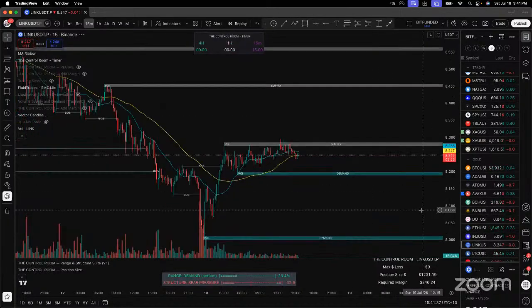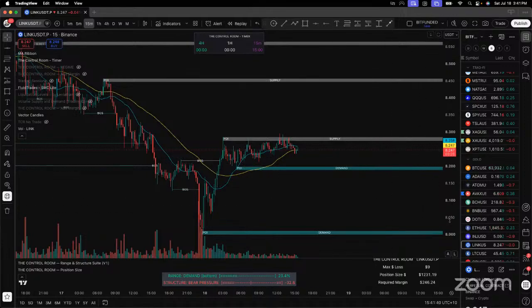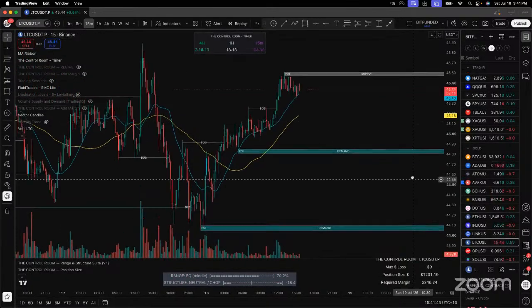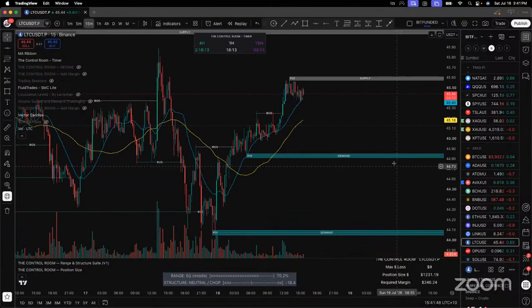Link, ranging sideways. If you want to see a breakout first, wanting an add-on. Litecoin is my best trade I've got running at the moment, so I really want to see it pull back a bit, give me a higher low, and take an entry somewhere down around here maybe. Might only get it here. We'll see. Daily opens here.